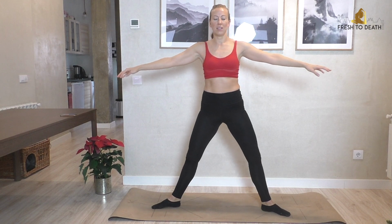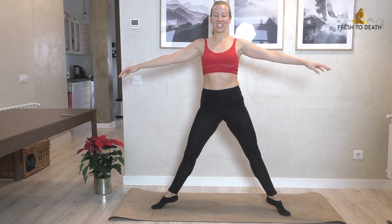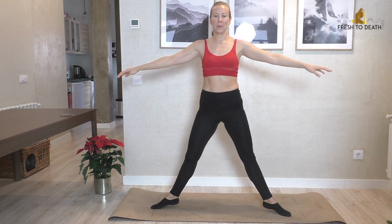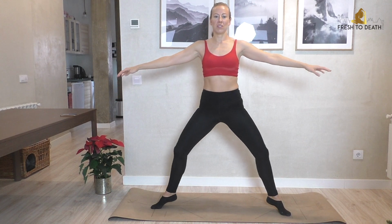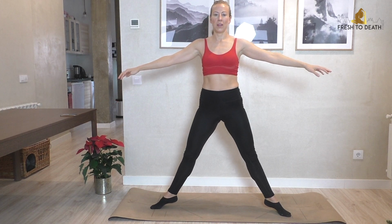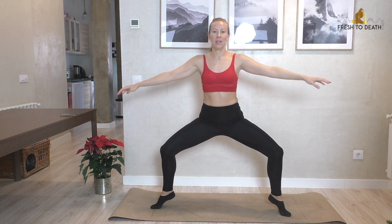Using the glutes as well, which are part of the core. If it's not a limb, it's part of the core. A few more here. Here's 4. These ones feel strangely meditative. And one last one. And then we're going to go back down again, lift both heels, and we pulse for